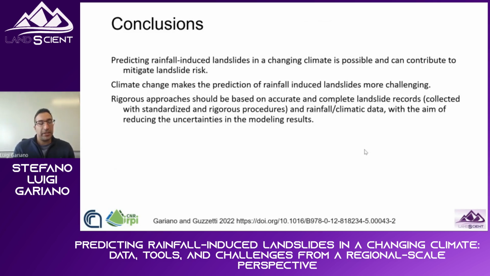For sure, climate change makes the prediction more challenging, and for this reason, we need rigorous approaches based on accurate and complete landslide records, as I think the one that I showed you, so collected with standardized and rigorous procedures. We need also accurate and complete rainfall and climatic data, rigorous tools again, in order to reduce the uncertainties and